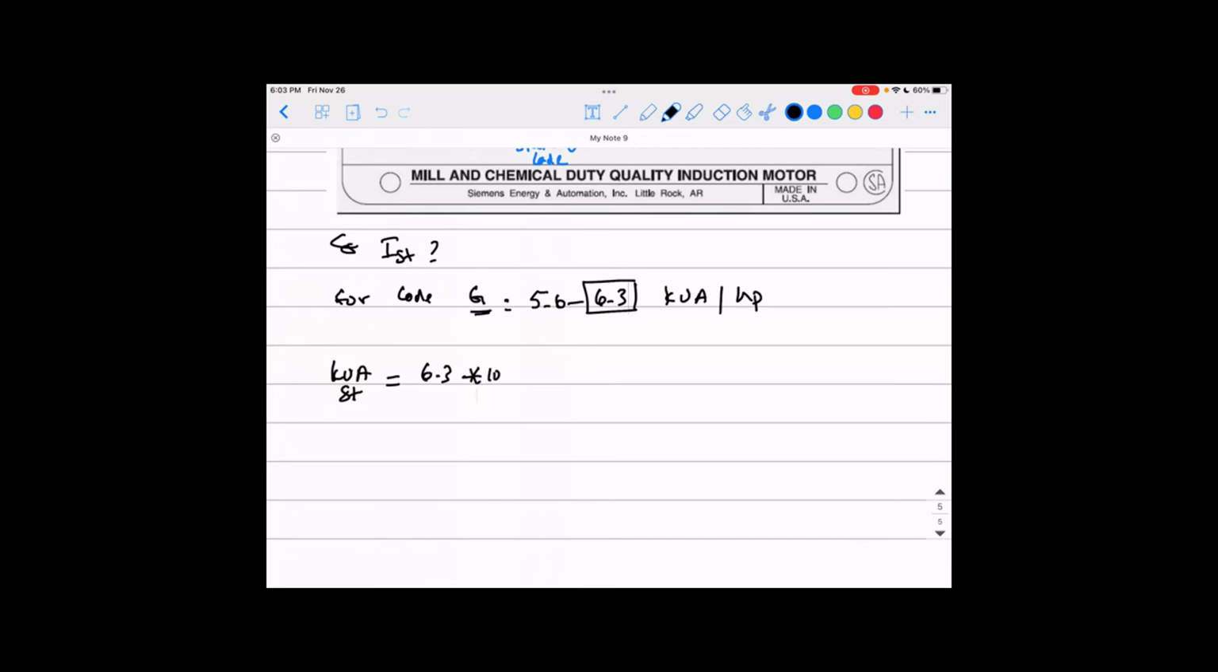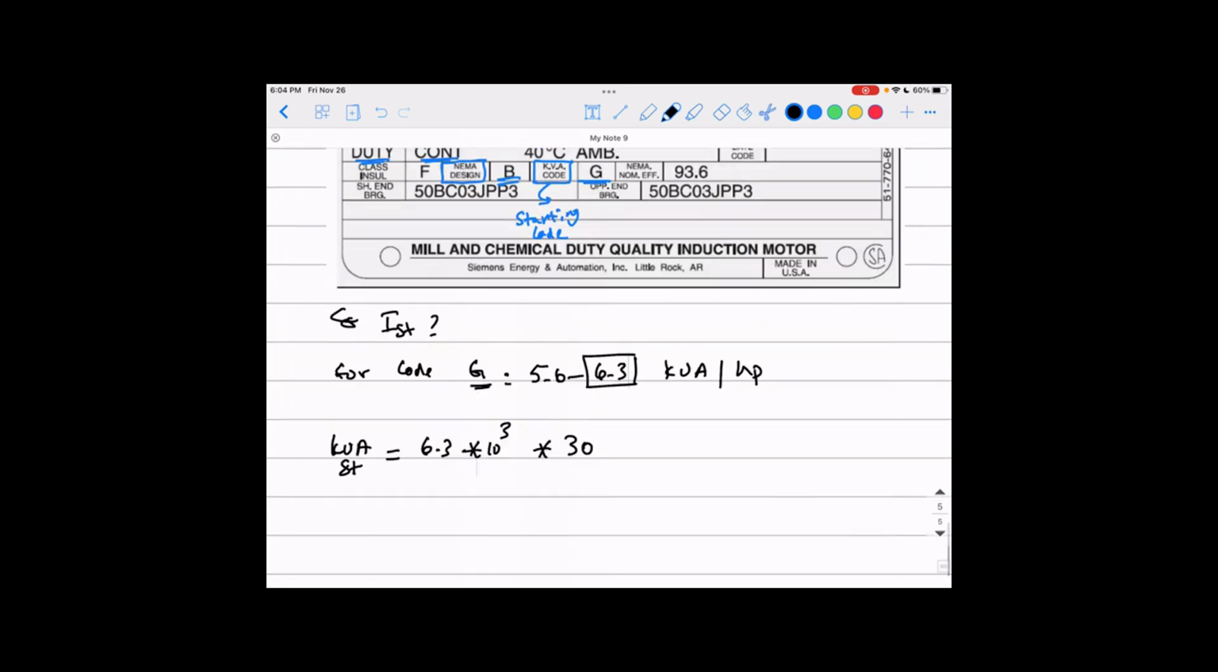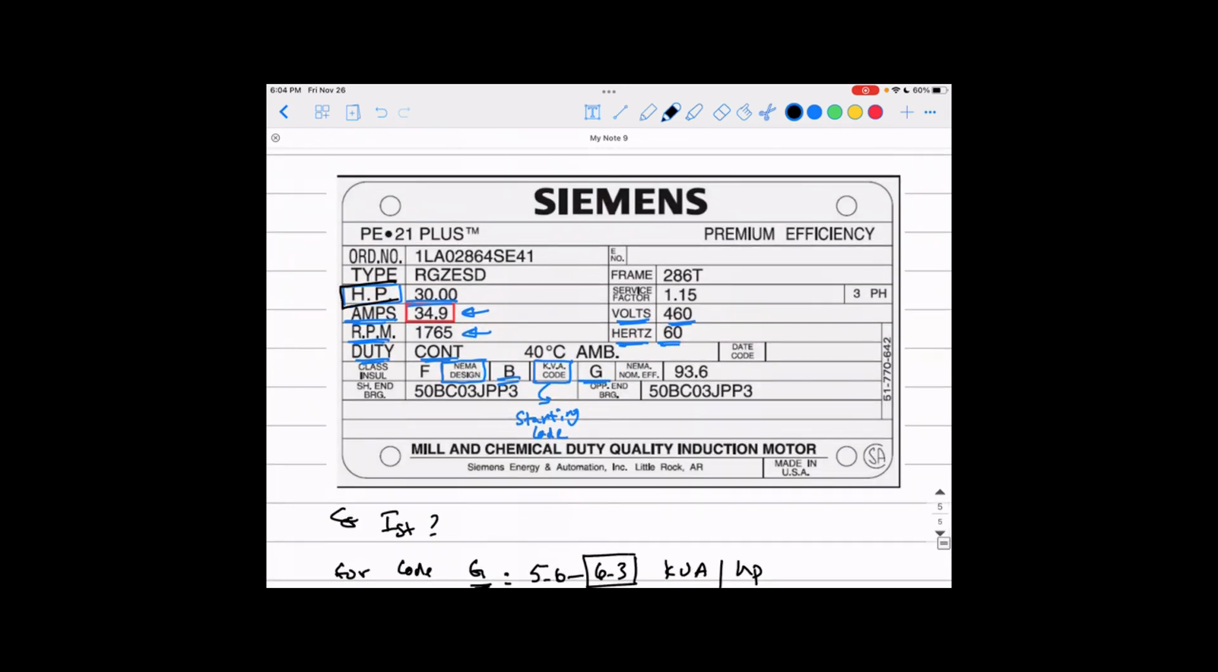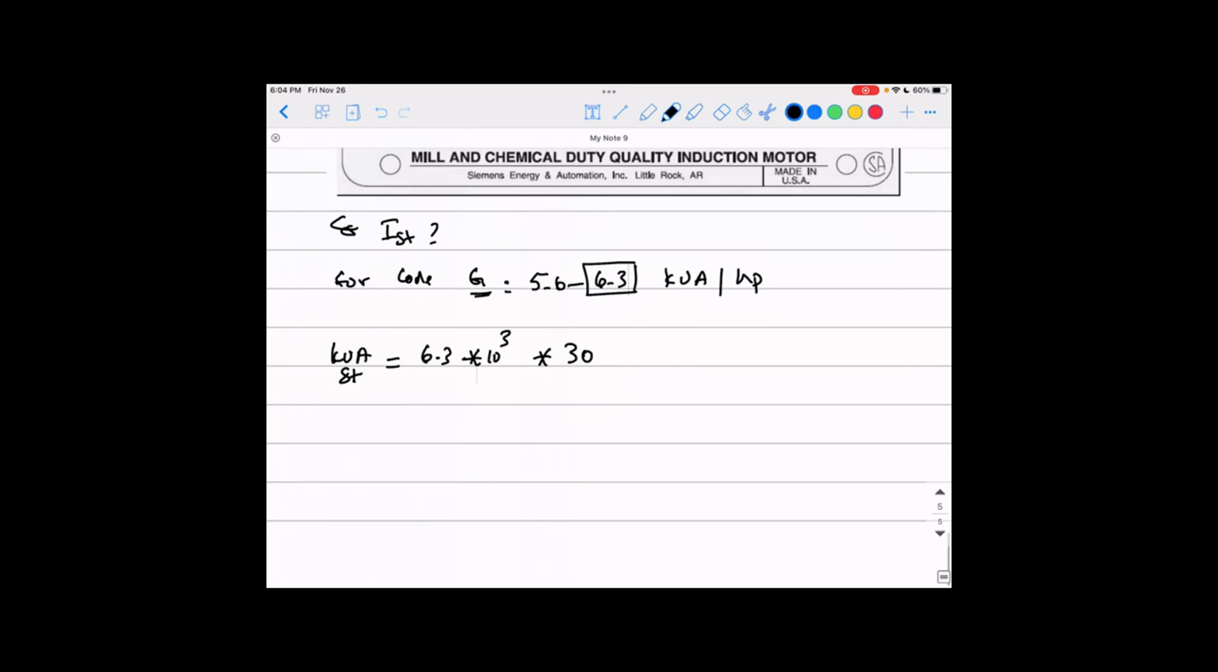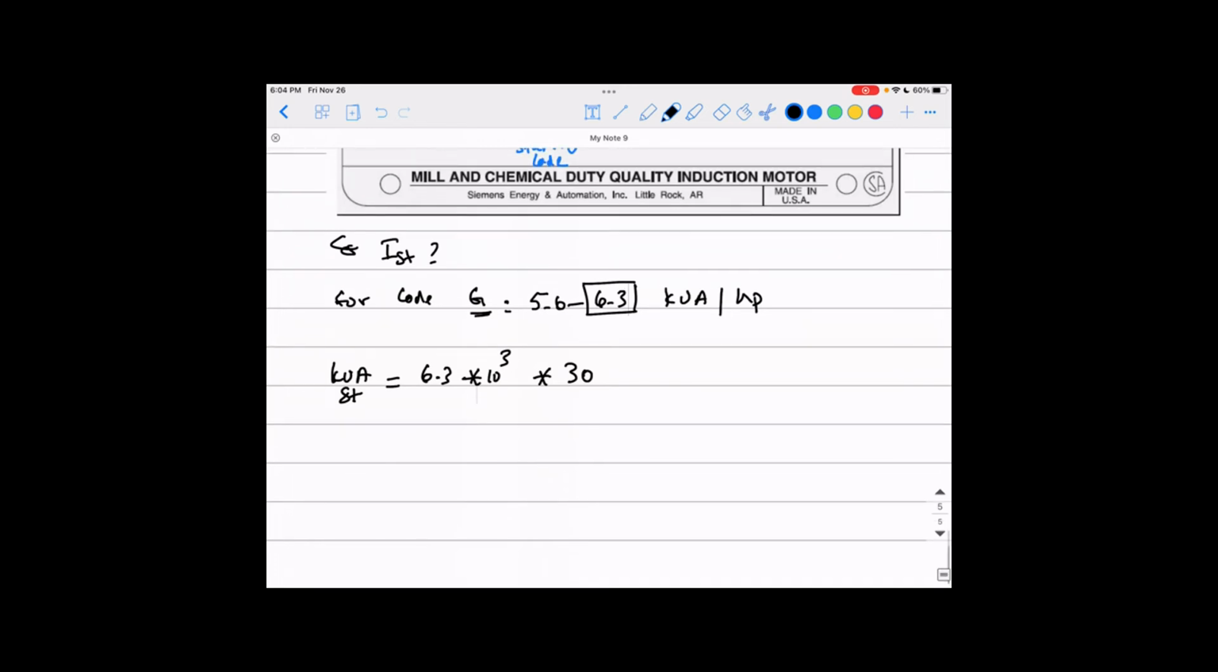So the kilovolt ampere starting equals 6.3 multiplied by 1000, because that's kilovolt amperes per each horsepower. So you multiply it by how much horsepower you have for the motor, which is 30. That is the horsepower, 30 horsepower, yeah? So you multiply 6.3 by 1000 by 30, the rated horsepower of this motor. That is the kilovolt ampere starting, which is basically V1 I1